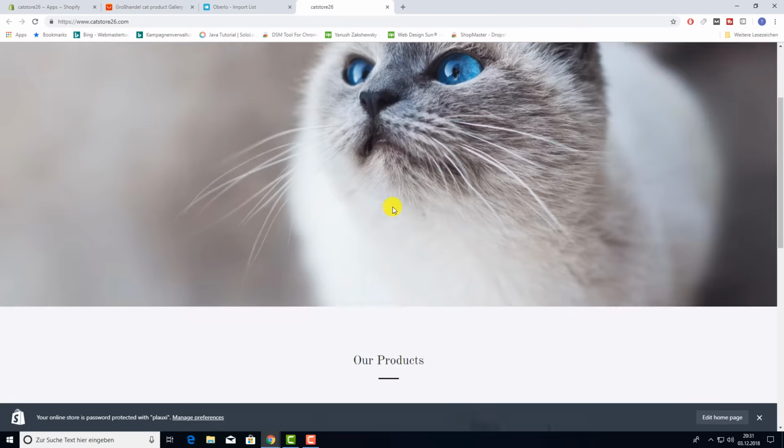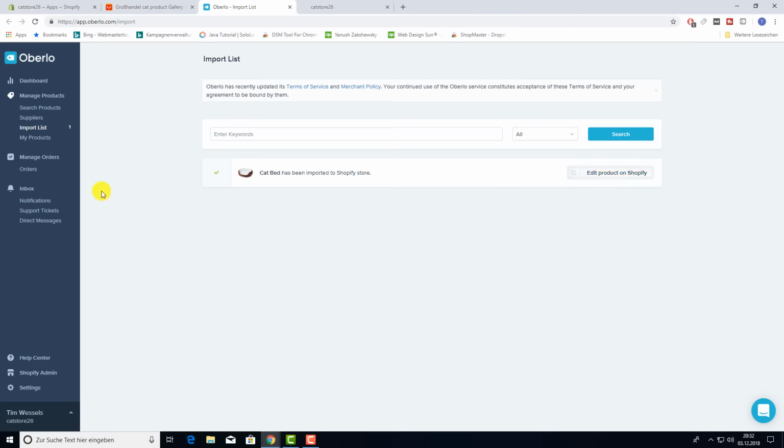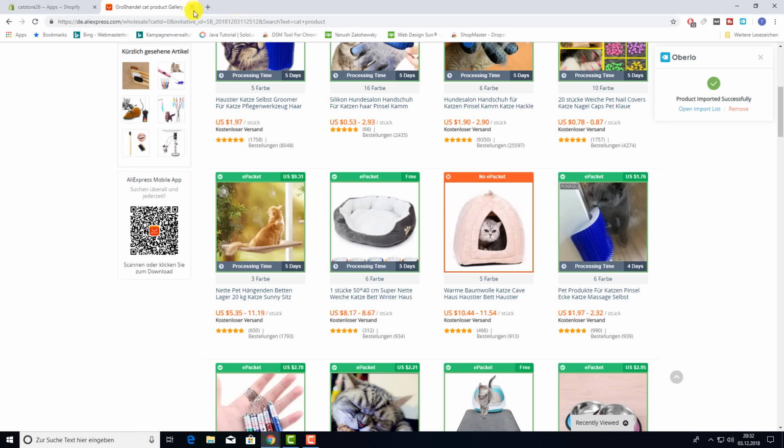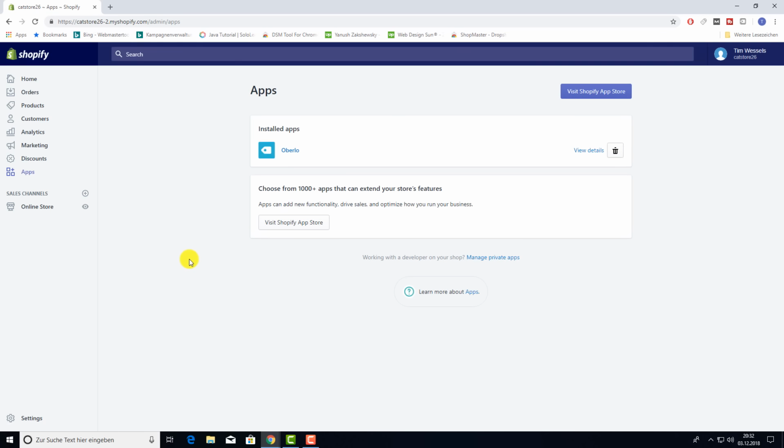Now, in case somebody buys the product, you can go into the Oberlo app. I will show you how you can go in here too. I will just close this, this, and this. So you go to apps. I just refreshed this page, and then there's the installed apps. Then you can simply click on Oberlo,